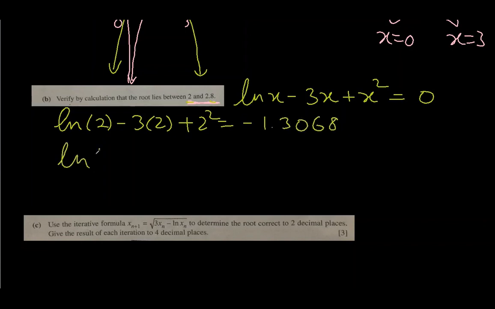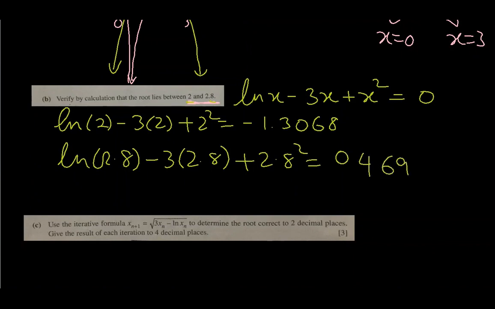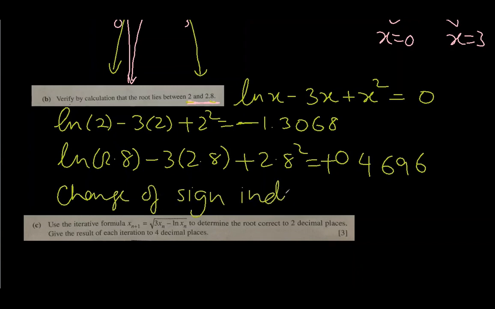When I substitute 2.8, I get 0.4696. Can you see? This is positive, this is negative. Change of sign indicates presence of root